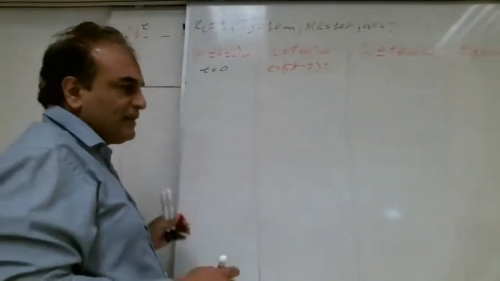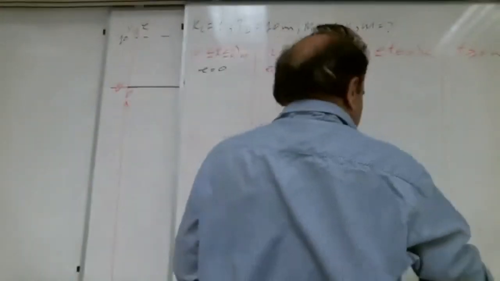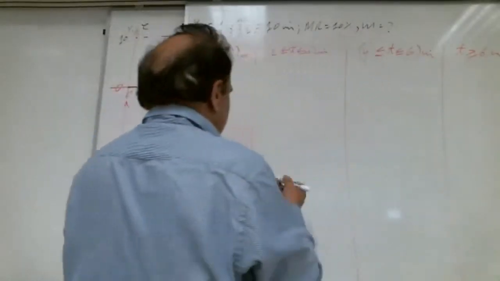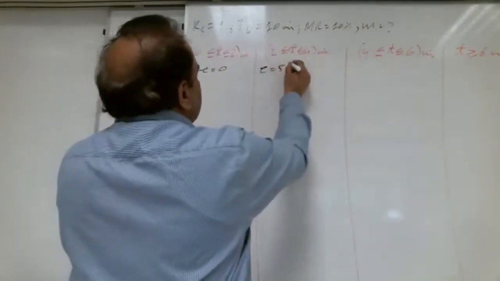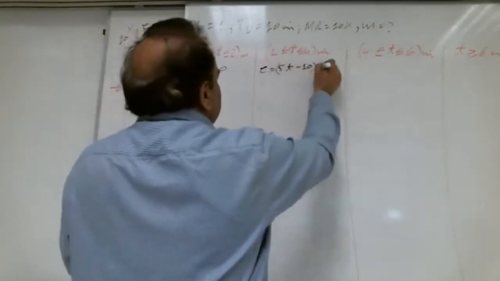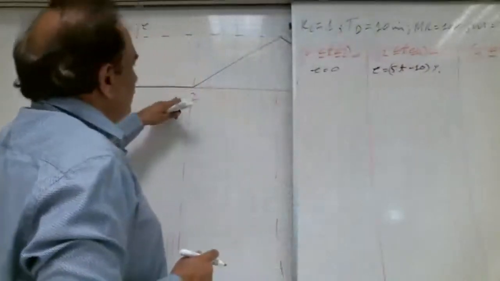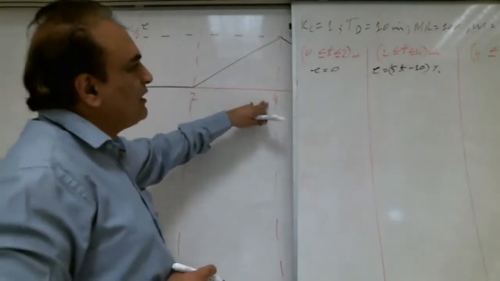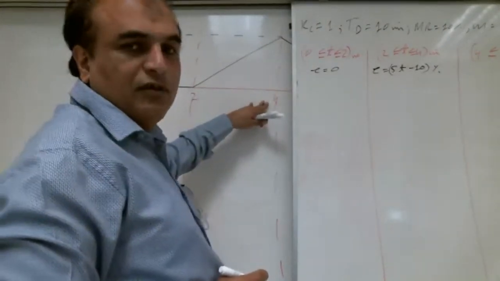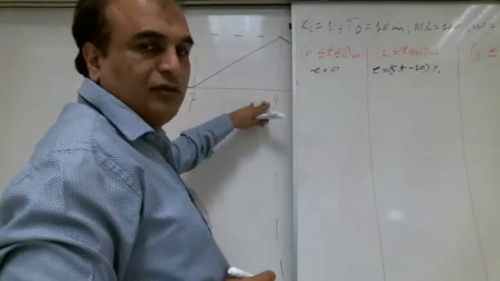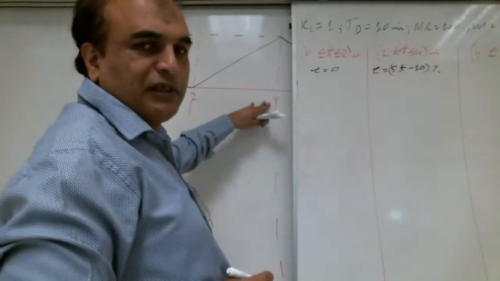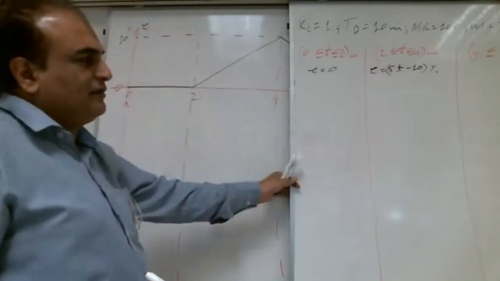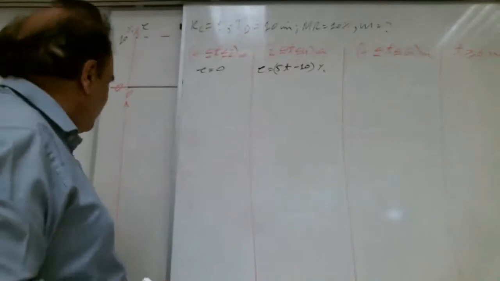Another brother is saying error is equal to 5t minus 10. That's good. Let us check this one, Shabab. Put 2 here: 2 into 5 is 10, minus 10, 0. Very good. Then we put the 4. 4 into 5, how much? 20. Very good. 20 minus 10, 10. So this equation is correct. Very good, Shabab. Very good, brother.